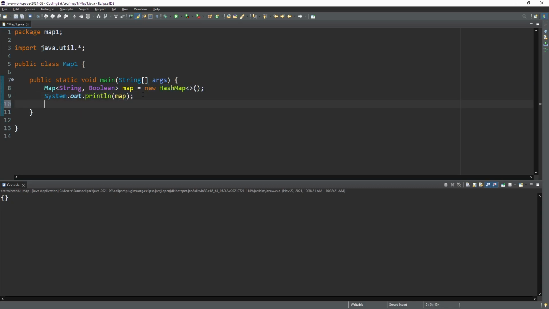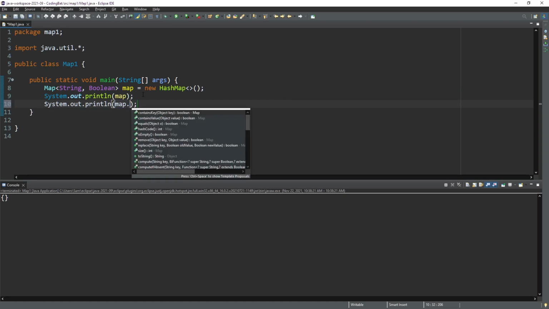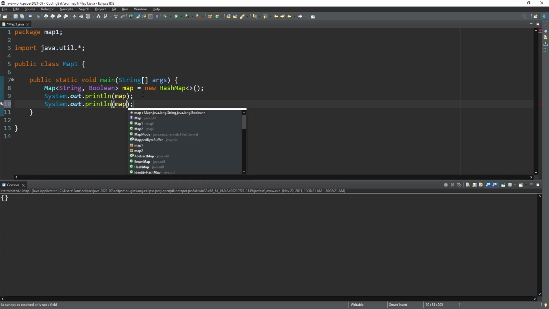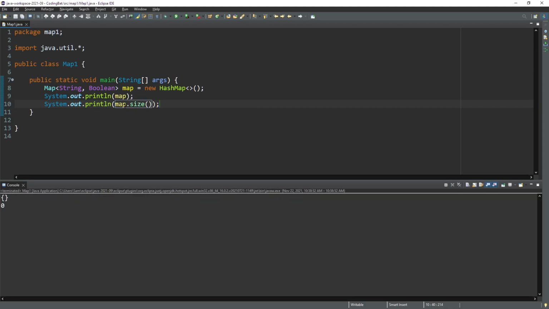And we can print out the size of the map. The size of the map is the number of keys in the map. And notice that the number of keys is going to equal the number of values, so there's nothing weird going on there. There's the same amount of keys as values in the map. So the size is the number of keys in the map, which is also the number of values in the map. So the size of the map right now is 0. Okay, and I'm going to just print out a blank line, which you can do like this, so we can